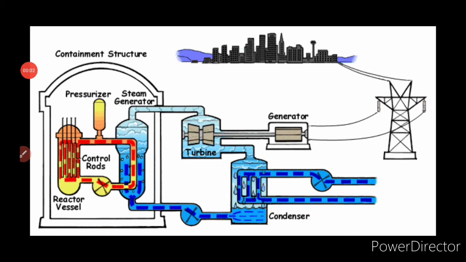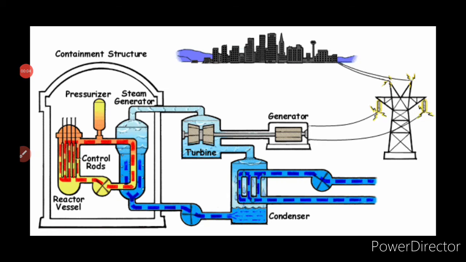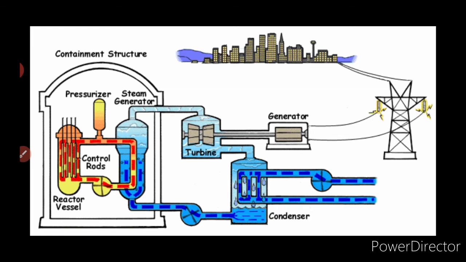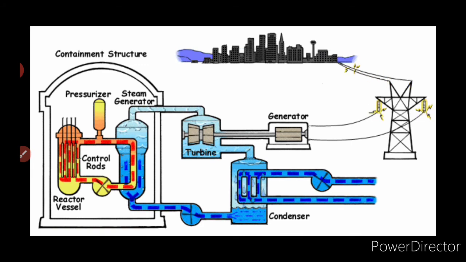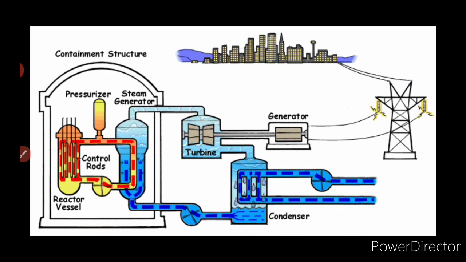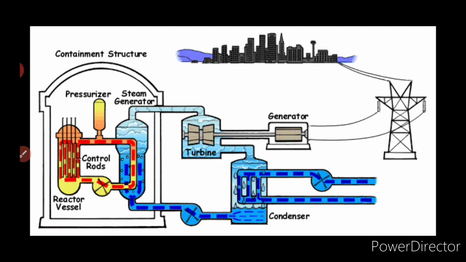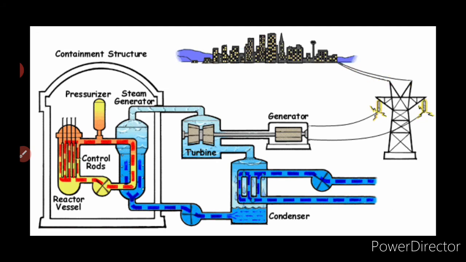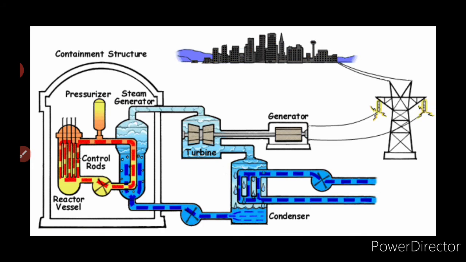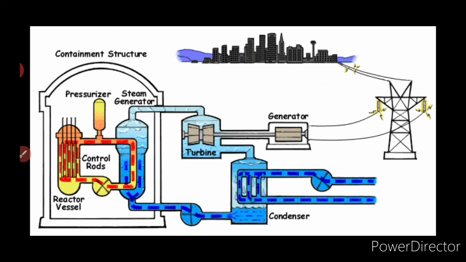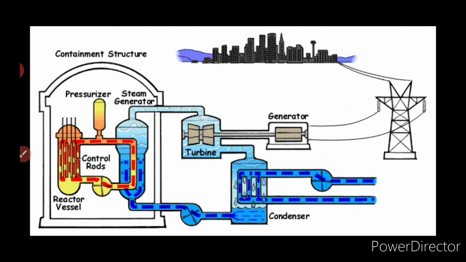Now let's see what a nuclear reactor is. A nuclear reactor is a device in which the nuclear fission reaction takes place, that is, the heavier nucleus is split into lighter nuclei, isn't it? That is called the fission reaction. So this controlled chain reaction takes place in the nuclear reactor, and the controlled and self-sustained chain reaction will help to produce electricity.